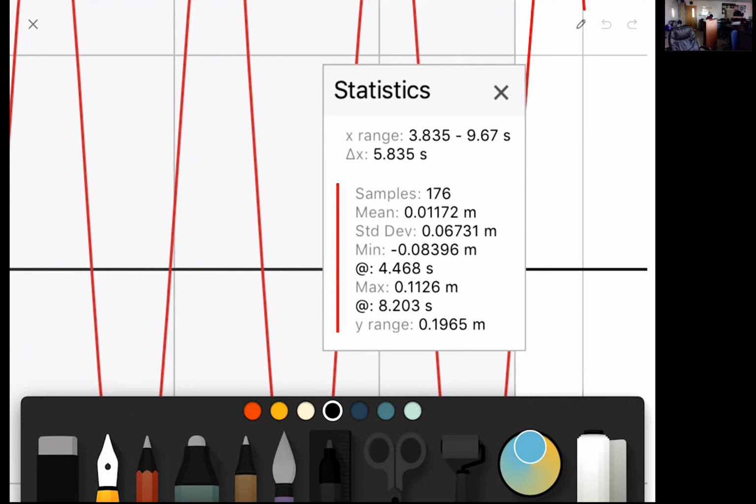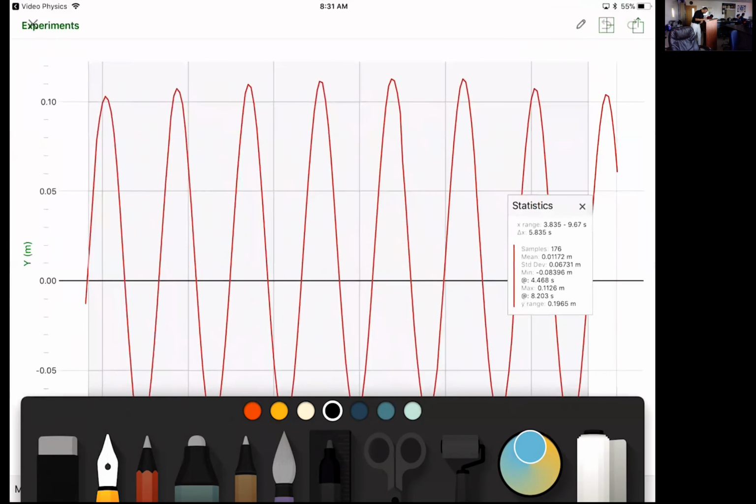And so, not to belabor anything, we have 5.83 seconds for our time. 5.835 seconds. So the period is just going to be time divided by 7, because all we need is 1